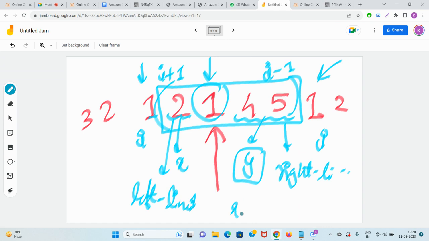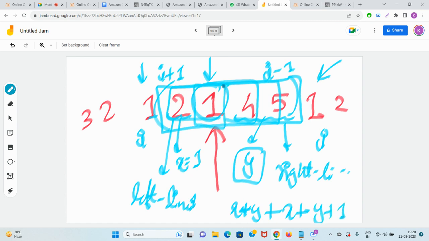So the answer will be x into y plus x, because say here x is 1, so 1 2 is also possible. So plus x. Here y is 2 because there are two elements, so this 1 is also possible, this 2 is also possible. So x into y plus y plus 1. 1 for what? We forgot to consider this. You can take 1 alone also, right? So the formula is x into y plus y plus 1, where x is the left part, y is the